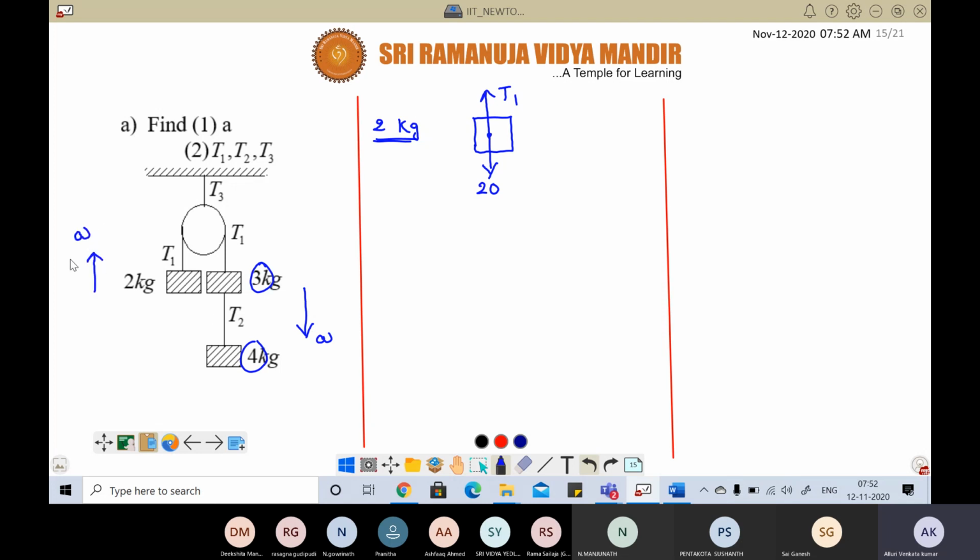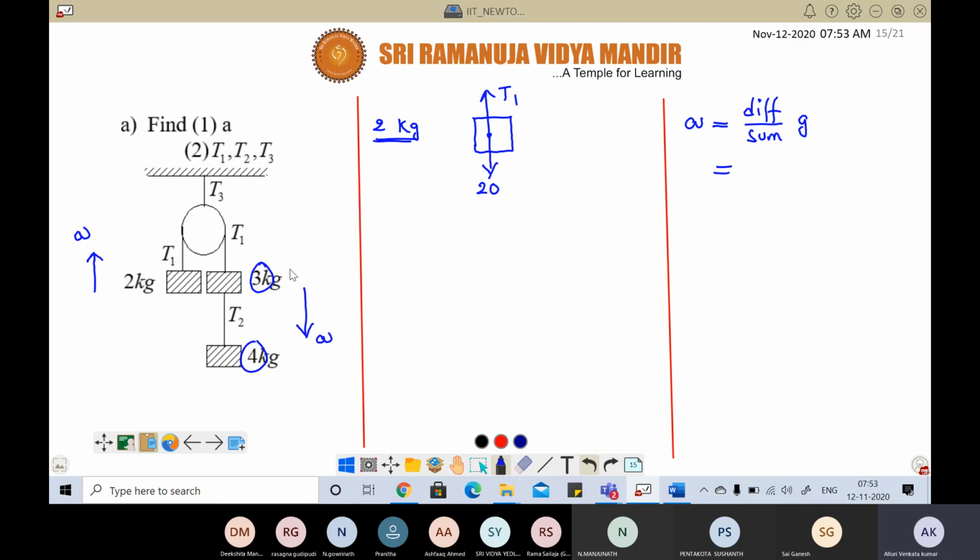So now actually here we can also go by the formula, even without drawing the free body diagrams. Without drawing the free body diagrams, we can also go with the formula which I told you. What is the formula for acceleration? Difference in masses by sum of masses into g. Correct or not? Difference in masses by sum of masses into g.